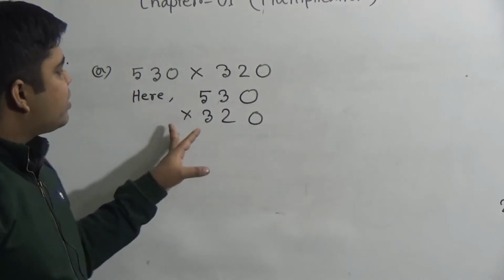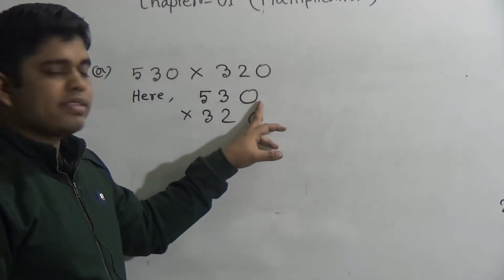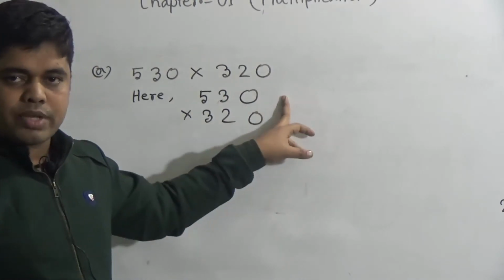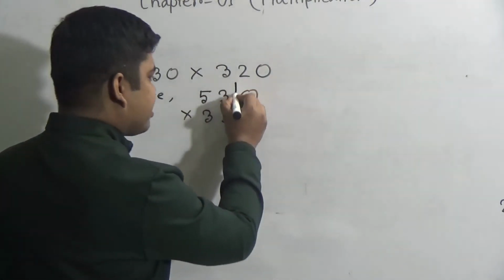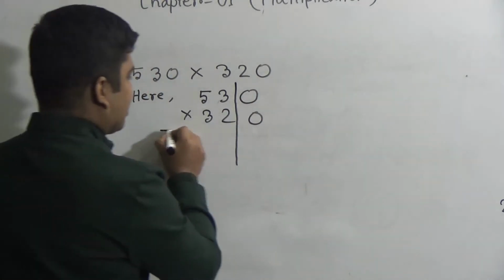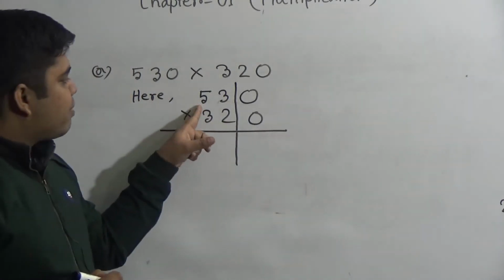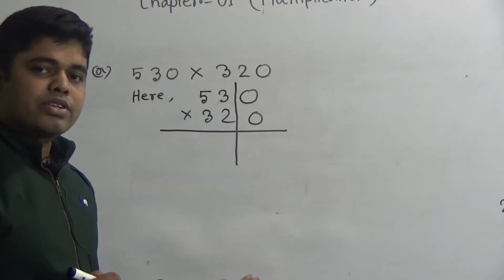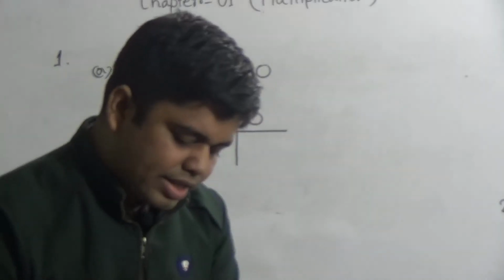We can solve this math by the previous method, but you notice this number has 0 in its own space and this number has 0 in its own space. So we use a special technique here. First of all, you separate this by a straight line. Okay? So notice, now we multiply this 53 by this 32. I repeat, we multiply 53 by this number 32 and 2 zeros are left. After completing our solution, then we write these 2 digits.